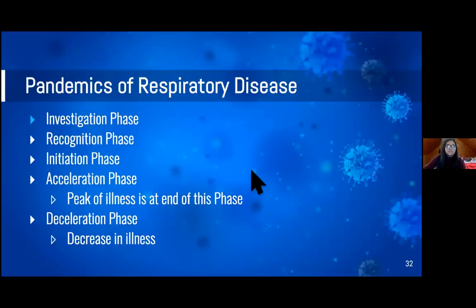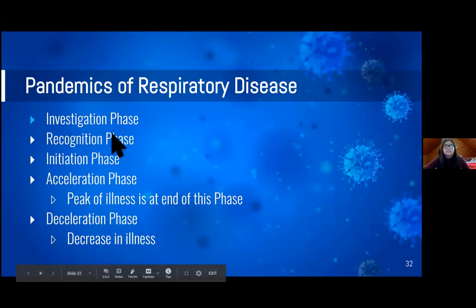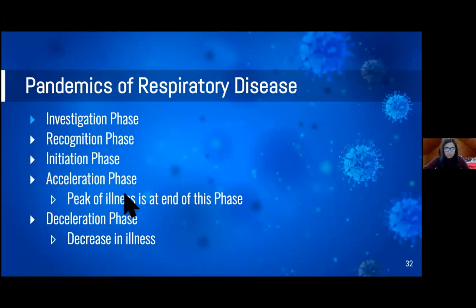So generally speaking, pandemics of respiratory diseases have been found to show a similar pattern. The first phase would be the investigation phase, where cases begin to show. The second would be the recognition phase, where there is a significant amount of cases. And then is the initiation phase, where person-to-person spread is becoming more and more common. And then it's the acceleration phase, which is basically when